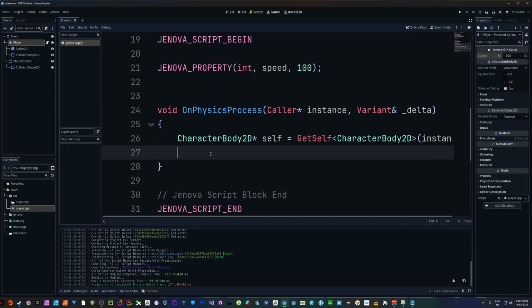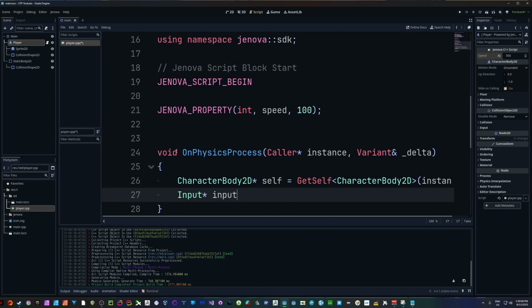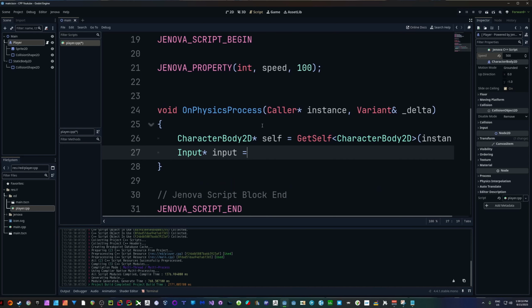All right, so next we're going to be using Input. So let's go ahead and get that singleton. That way we can use it easier, just like in GDScript, where we would go like Input.is_action_pressed, for example. We want to get this singleton and assign it. So we're going to do an Input star or asterisk. I'm going to call it input with a lowercase i, and we'll assign that to